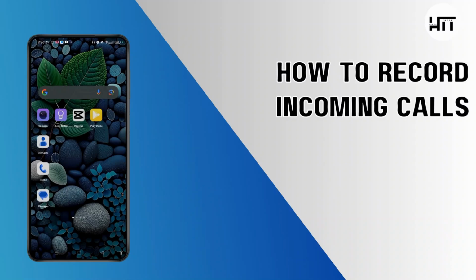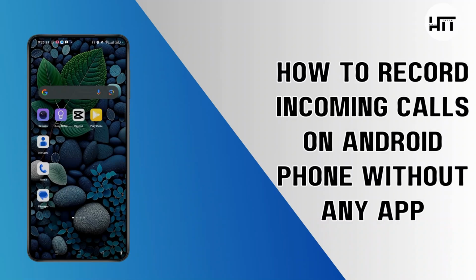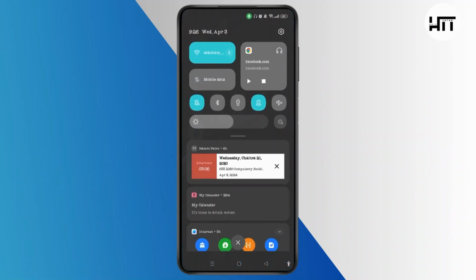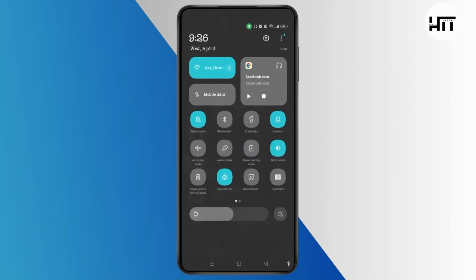How to record incoming calls on Android phone without any app. For that, you need to first of all make sure that you have a screen recorder in your device. So when you drag it down, you can easily find it here in the app menu, but if you don't find it here, then you can simply tap on the three dotted line at the upper right corner and tap on edit